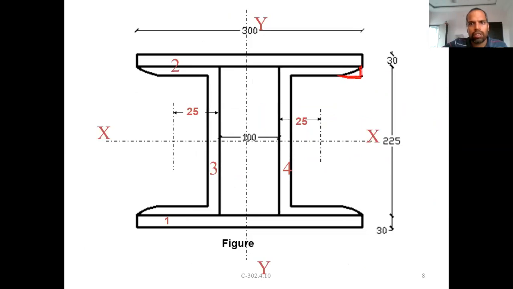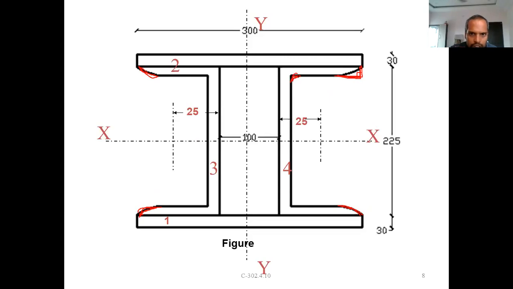Rolled steel sections are not manufactured exactly with sharp corners, like a rectangle, with 90 degrees here, not like that. They are prepared with some tapering here, some sloping portion, with some radius. They are prepared like this so that there will not be stress concentration, so some corners, chamfering, we can say some chamfer. And similarly here also, in this case it is shown exactly 90 degrees, but here also it is chamfered like that generally.